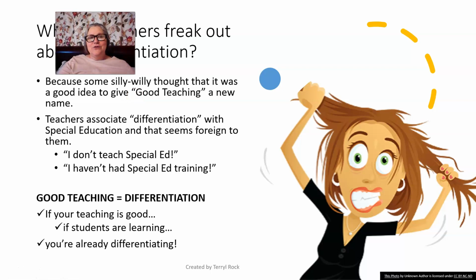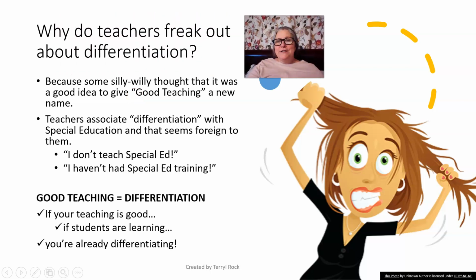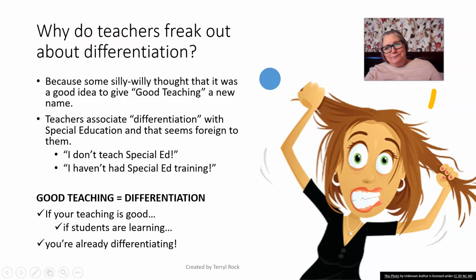Why is it that teachers freak out whenever you mention differentiation? The truth of the matter is that differentiation is just good teaching. And like so many things, we stopped just calling it good teaching and we started calling it differentiation. And it got associated with special ed in teachers' minds. And a lot of people see that as some sort of